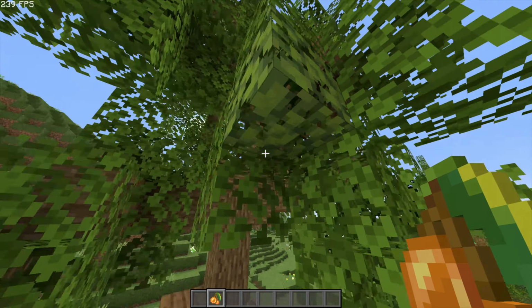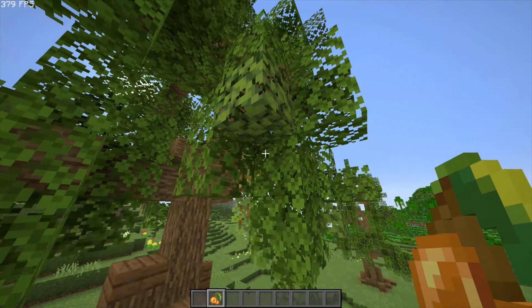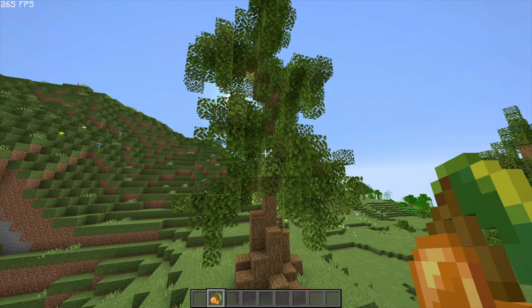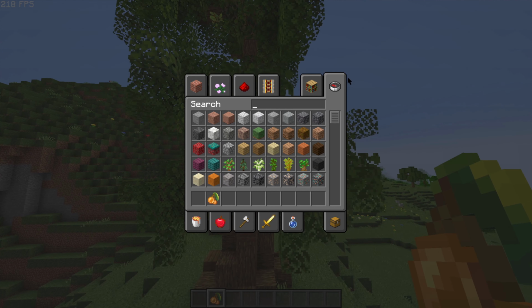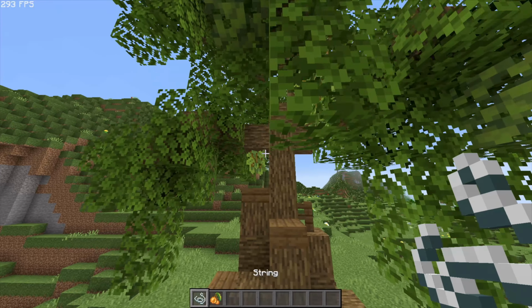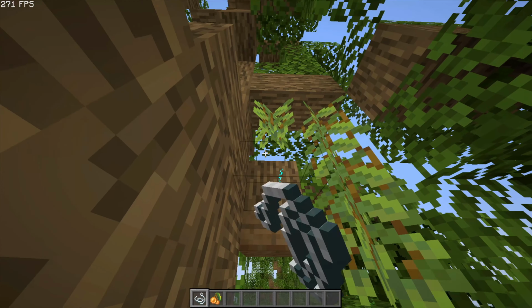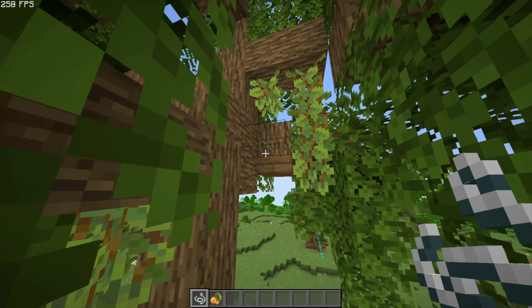I don't think it looks the best, but I think there's definitely a way to make them look good. Perhaps they're a little too lime green. You can also add string if you do want to mess around with these glowberries. I'm just giving you guys ideas. You can add string below. I have a texture pack that allows me to see string really well, but you can add string below so that the